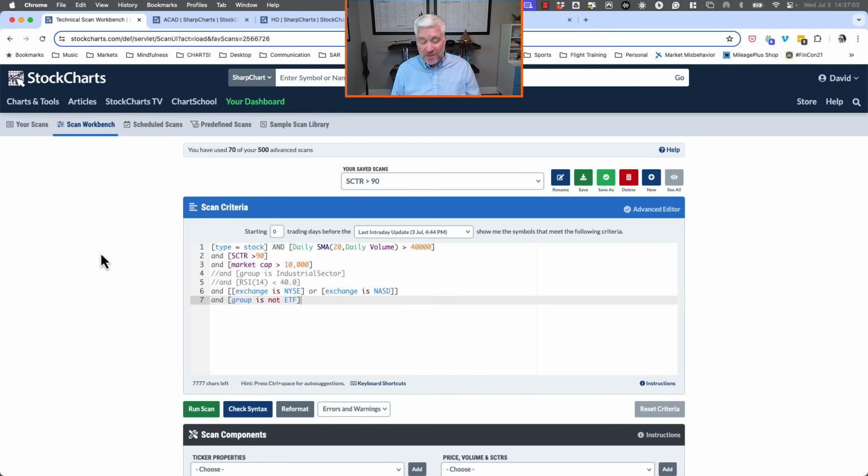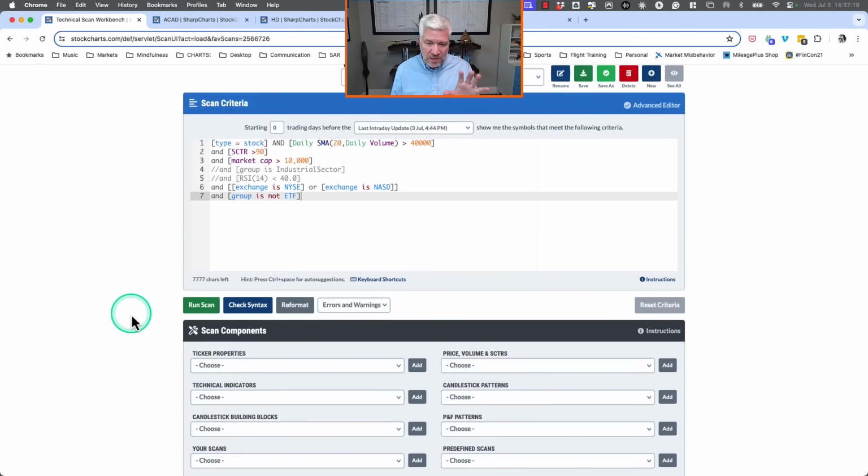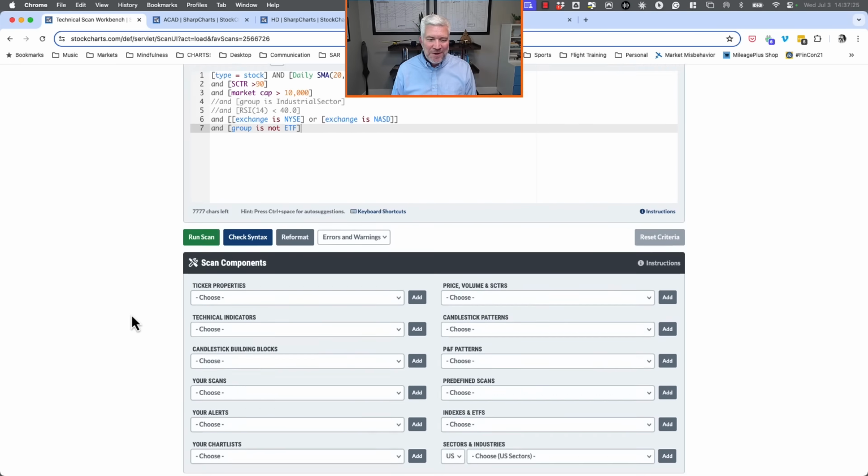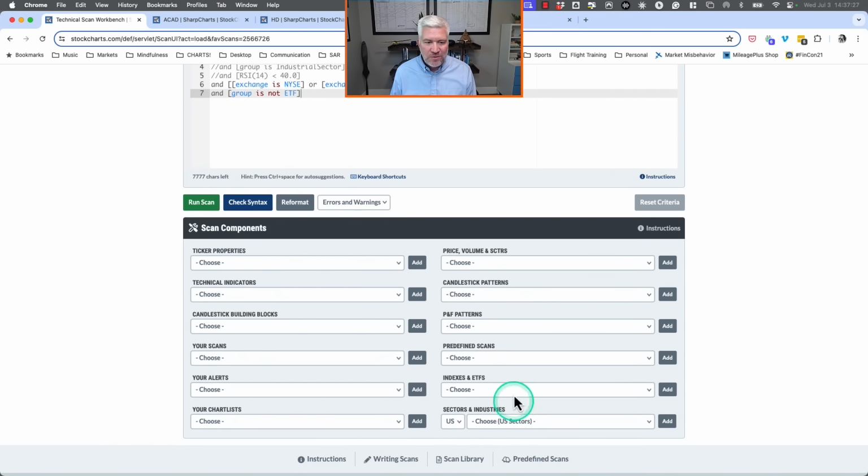And I should have started with a caveat that we will be using the scanning engine a little bit, and if you're not familiar with it, we have other resources on StockCharts.com that we'll include in the description to get you more information about the scanning engine and how to create your own scans. But what I would tell you is in the current iteration, and I say that because we are actively working on the next version of the scanning engine, but for now, I would encourage you to use the drop-down menus